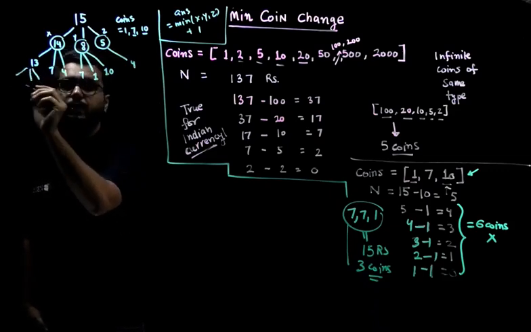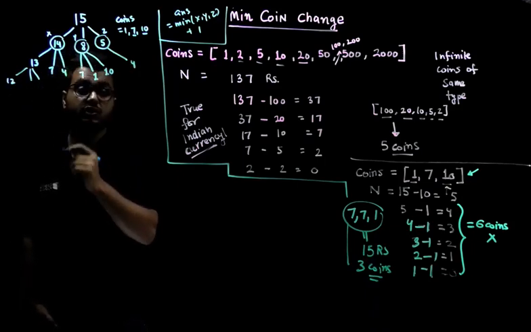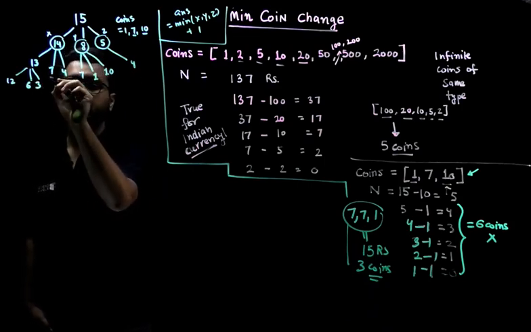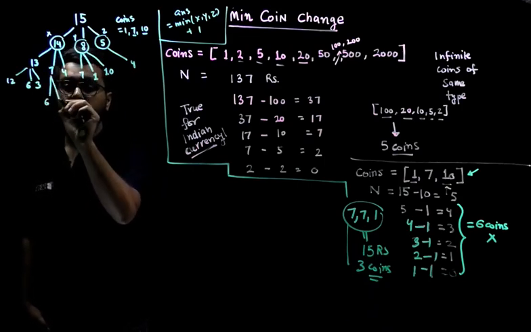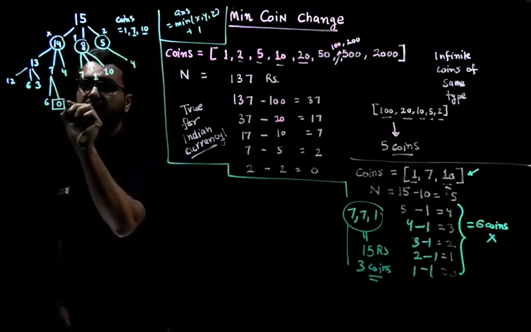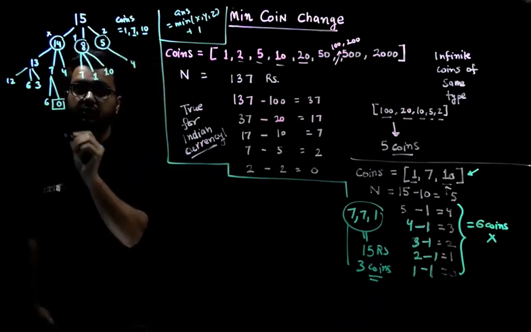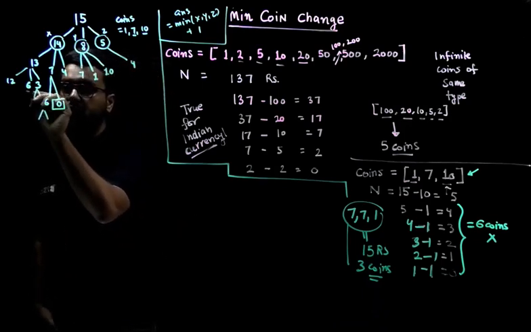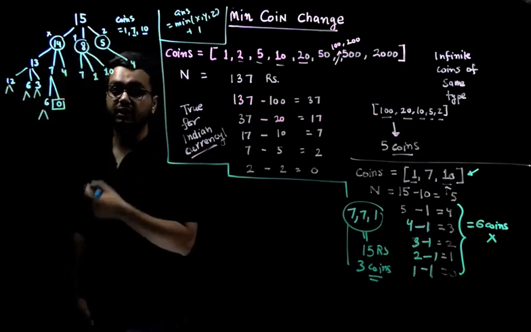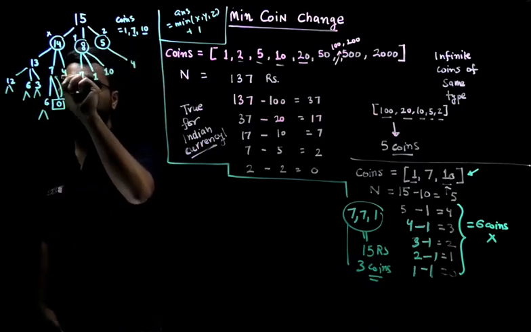So from here you can end up at 12, you can end up at 13 minus 7, which is 6, or you can end up at 3, and from here you can end up at 6, and you can also end up at 0, right? So this 0 becomes your base case, right? And we know that this is the first state which has reached 0, because all others are going to take more time, or they will take a longer path to reach 0. So we can say, okay, let's return a 1 from here, right?